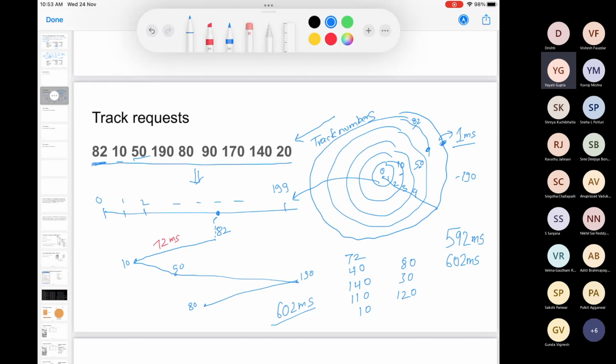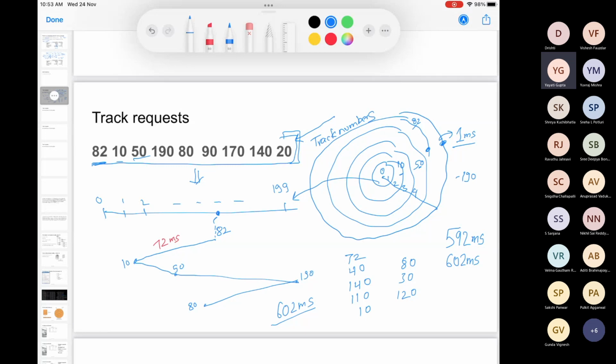Now, what your operating system can do is, so see, when these requests are coming, right, it will take you some time to serve these requests. So these requests are stored for a small time. Right, so when you store these requests and before you serve them, you can actually permute this sequence. You can change the order in which you are serving these requests. So let me ask you, our purpose here is to reduce the seek time.